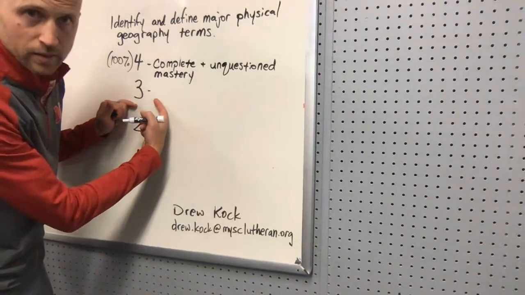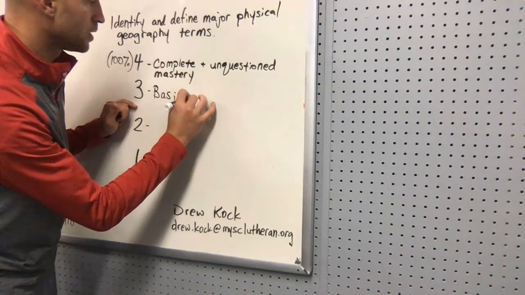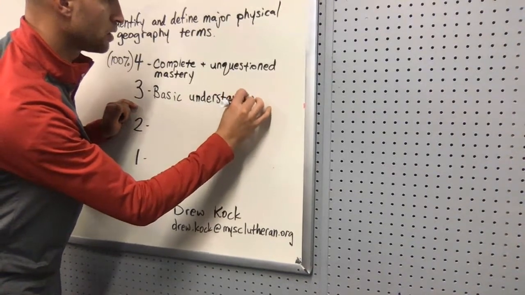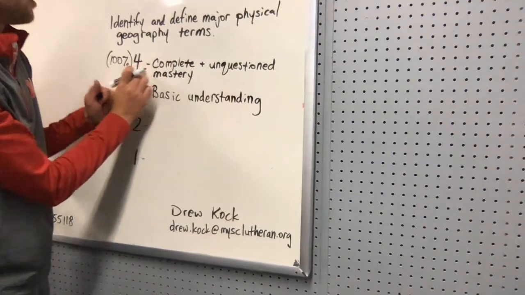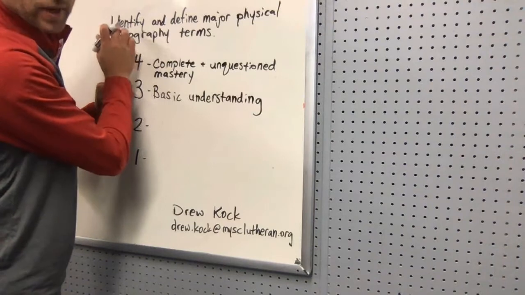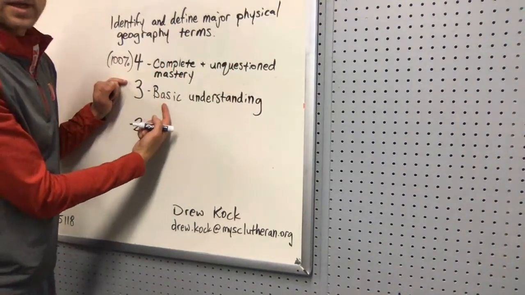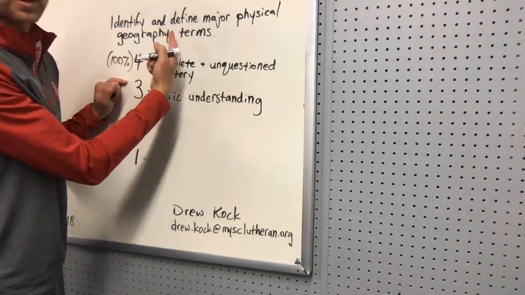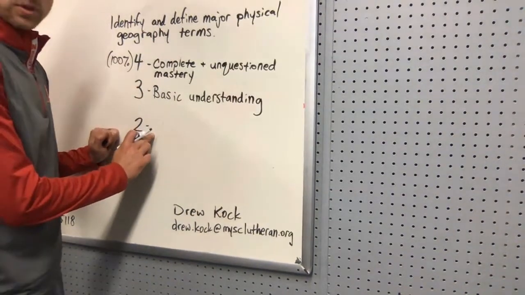For a 3, we're calling that a basic understanding of this target. So 4 is complete and unquestioned mastery of your ability to identify and define major physical geography terms. To get a 3, now you have a basic understanding of how to identify and define major physical geography terms. For a 2,